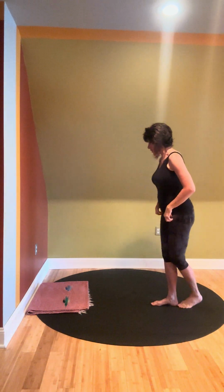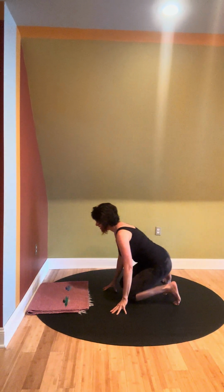If the elbows splay out too far, you're not going to be able to hold the length in the neck. Okay, so I'm going to come down to the floor. I have my elbows about shoulder width apart. My knuckles are 2 or 3 inches from the wall. And I'm going to just create that headband on the head,